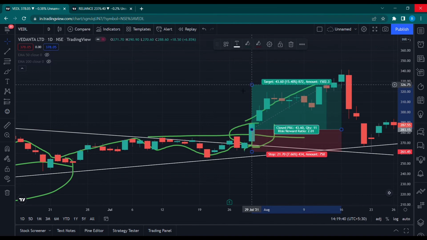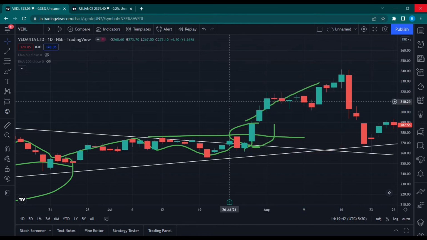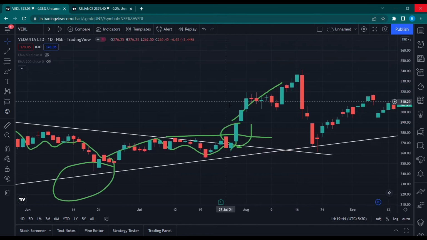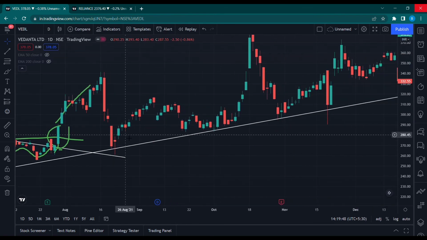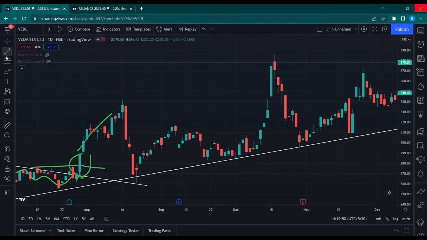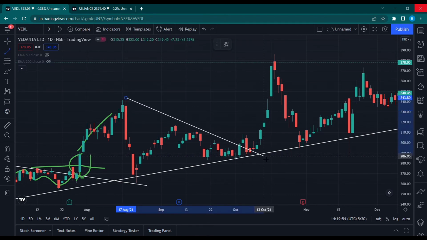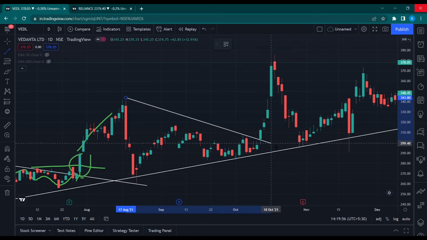So anyways, it is a fairly basic setup. So either you can rely on a fixed risk reward or just ride the momentum. So in this case, see, this was actually a better one. So here, if I were to talk about this one, this move, right?